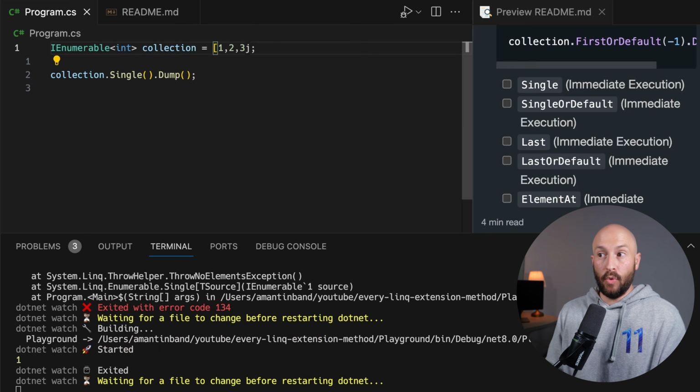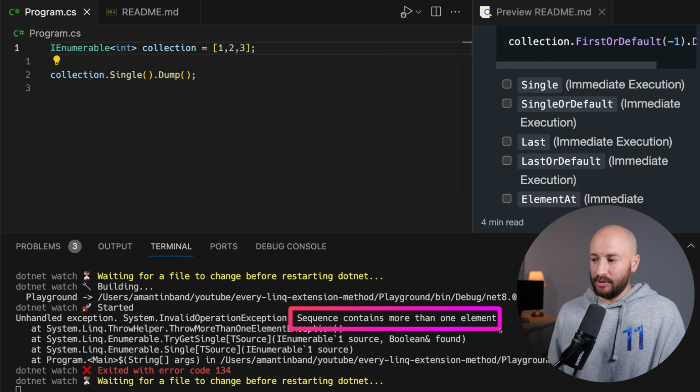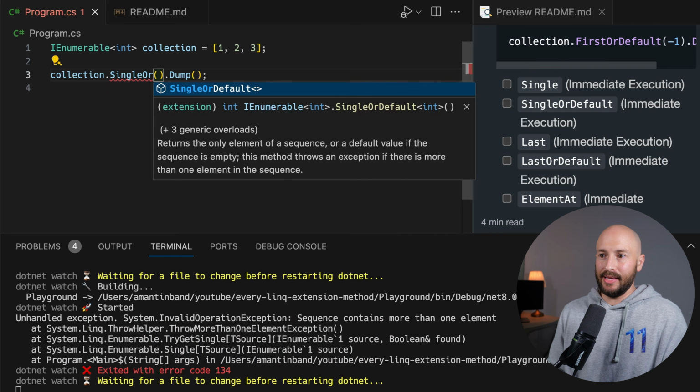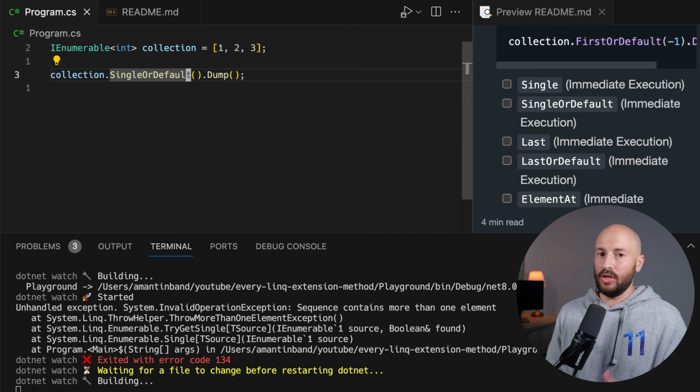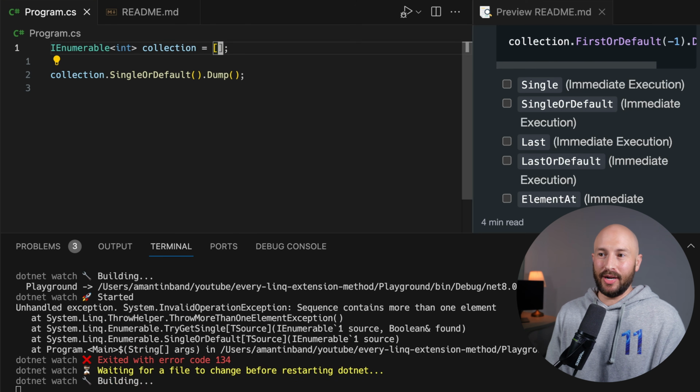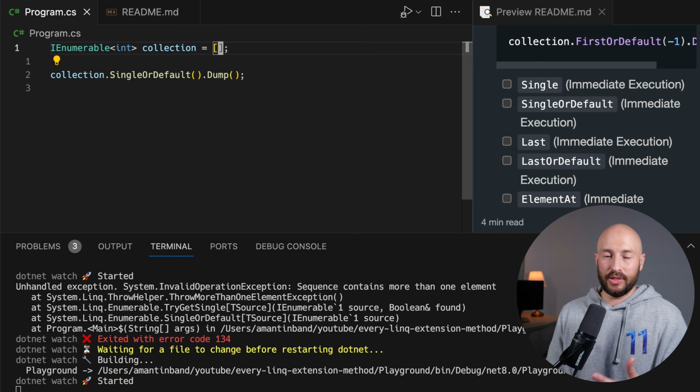If we had more than one element, then again, we throw an exception because we don't have exactly one element. Now you may be thinking to yourself, okay, this is pretty simple. If we want to solve this, all we need to do is say SingleOrDefault. Then you're wrong. This will still throw an exception because SingleOrDefault will throw an exception when there's more than one item. But if there are no items, then it'll return the default for your type, which in our case is